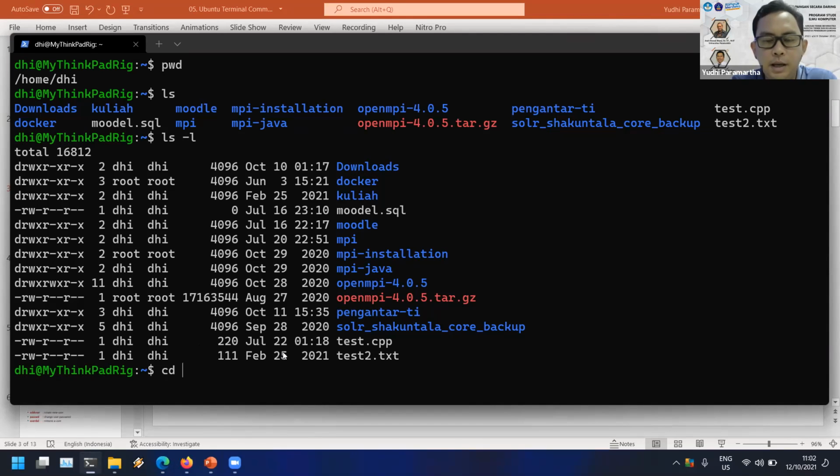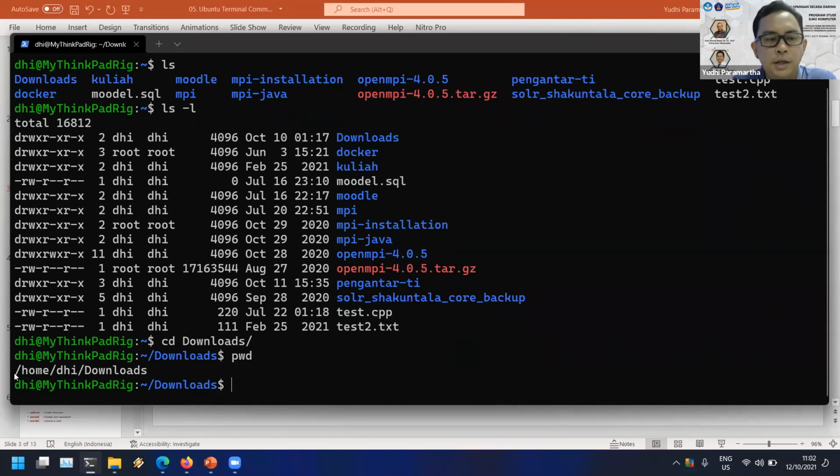I type cd and type downloads. Now I'm in the downloads directory. When I type pwd, you could see that we are working in the downloads directory. It's simple like that.